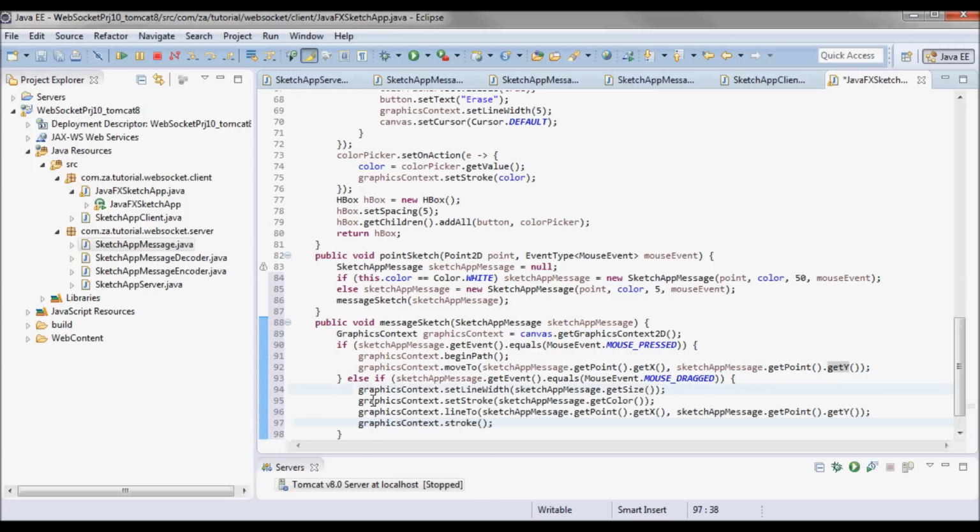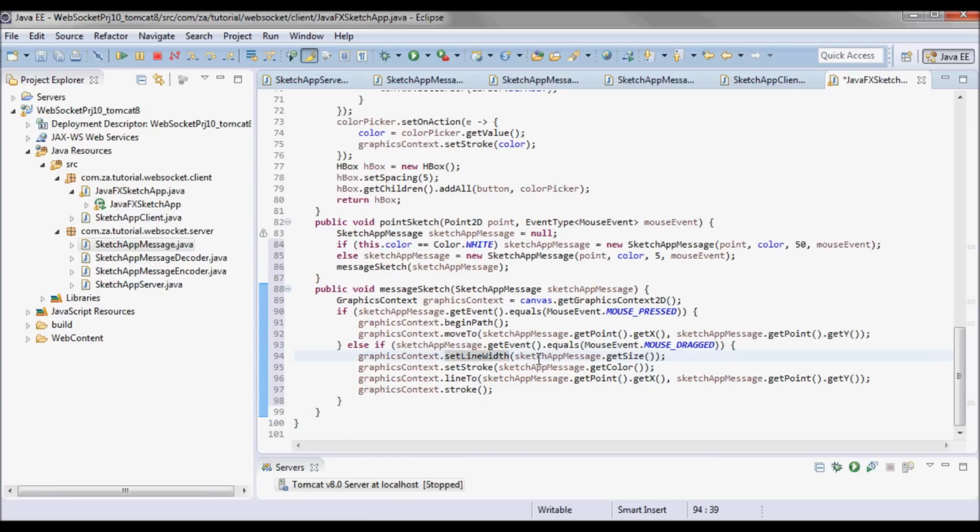Otherwise, for a mouse dragged event, I'll set the line width to be the one coming from sketch app message, and the stroke to be the color coming also from sketch app message, and I'll do graphics context dot line to, and that will be the x and the y coordinate contained in sketch app message, and then I'll do graphics context dot stroke.